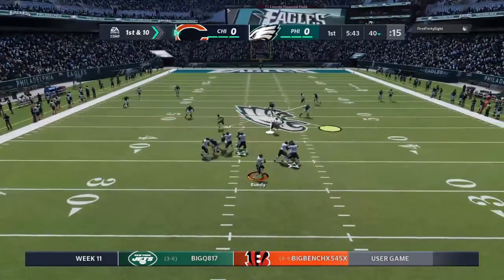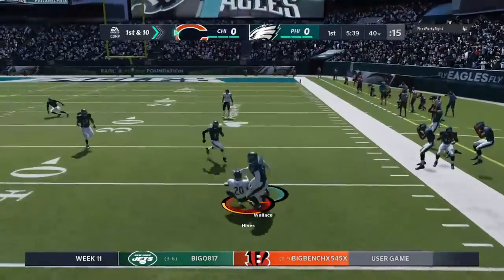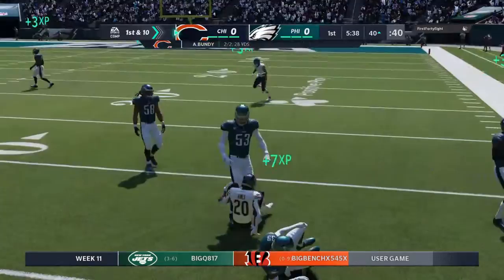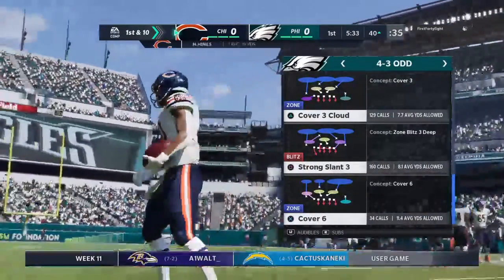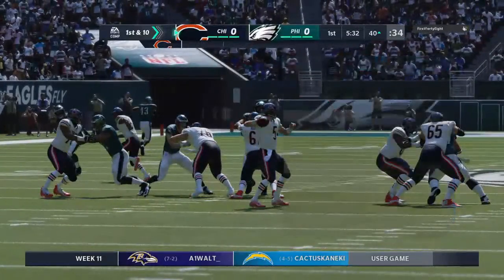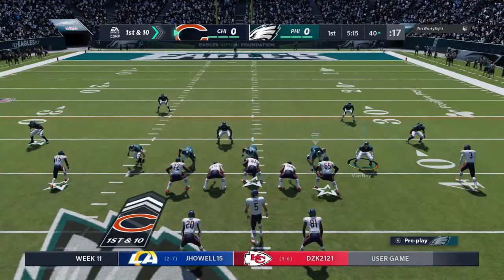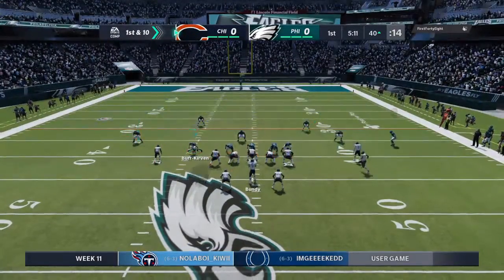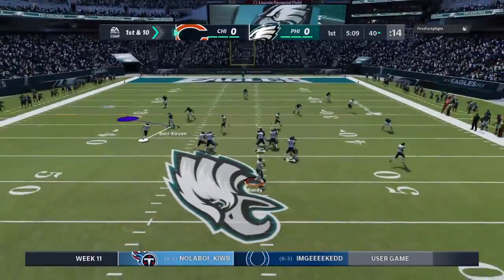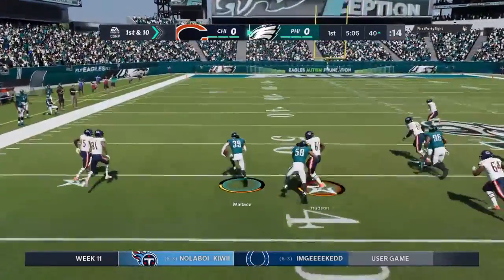Now a shotgun snap as they'll look to throw. That's complete to Hines out of the backfield. And they'll work this down to the 40-yard line. Tackled there. 19 yards there on the catch and run. Nice little nifty play for him there. Yeah, that's the ability to read a defense and utilize players that don't often get picked up in coverage easily. And I'm talking about being able to use the backside of the backfield. Because I know that when I used to cover, hey, we get everybody trying for Brown,